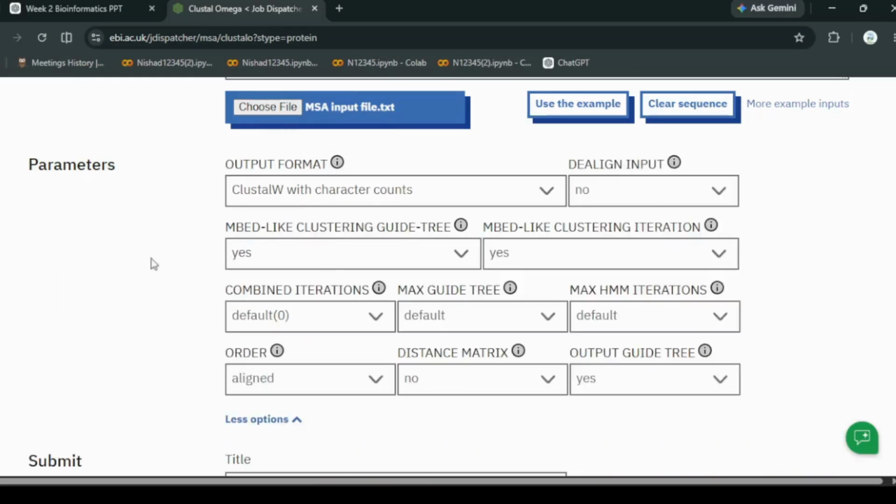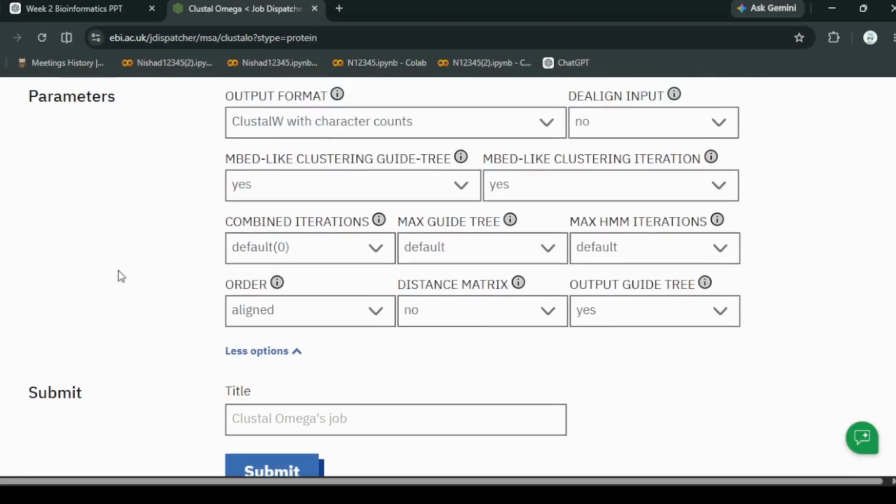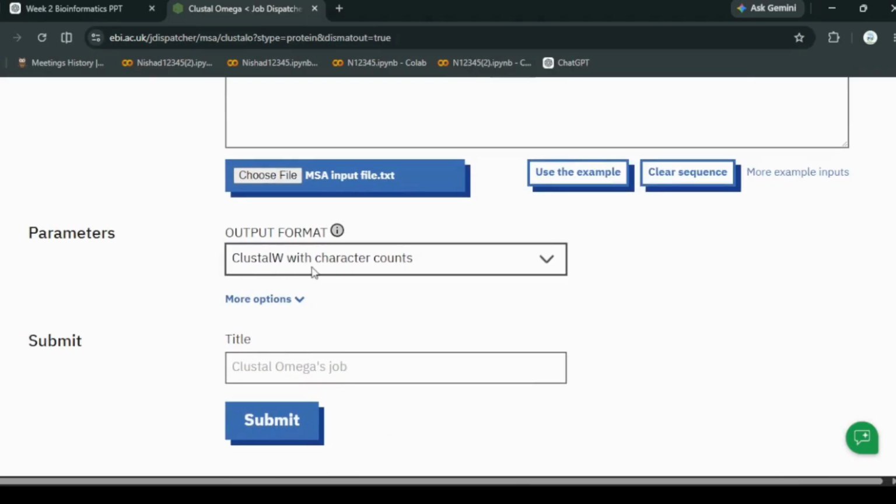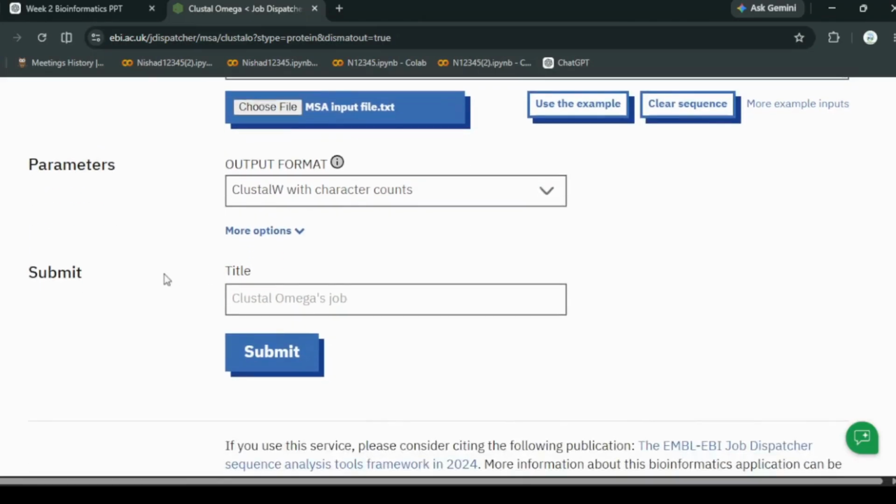Other options are there, but at this moment I will not suggest what to do. I want the distance matrix, so I will do this. But yes, at this moment don't do anything, just keep whatever is already there,